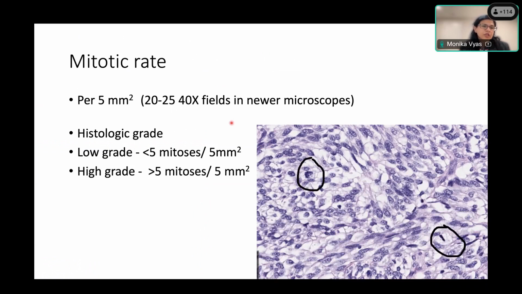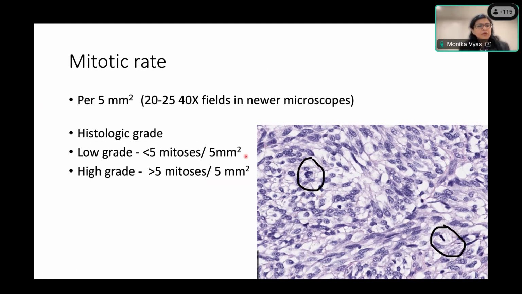For prognostication of GIST, you need to know the size of the tumor, location of the tumor, and mitotic rate. Mitotic rate is assessed per 5 millimeter square. For standard newer microscopes, it comes to between 20 to 25 40x fields. You would start your mitotic count at your first mitosis, not just counting 20 random fields and done. You start the count at the first mitosis and then count 20 fields and see how many mitotic figures you get. In the subsequent slide, if you feel that you may have a higher mitotic rate, you have to do it all over again.